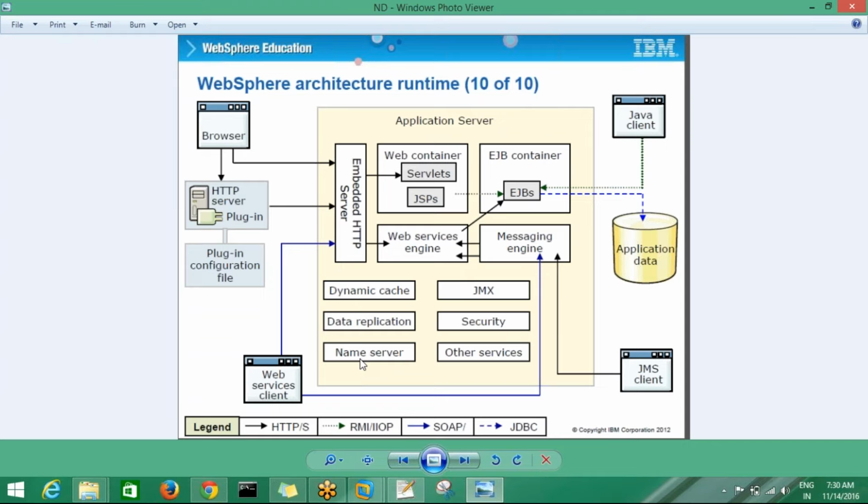Correct. Apache, IBM HTTP Server, Oracle HTTP Server, Sun iPlanet, any web server we can use, but IBM HTTP Server is compatible with WebSphere. Okay, so IBM HTTP Server is compatible with WebSphere.